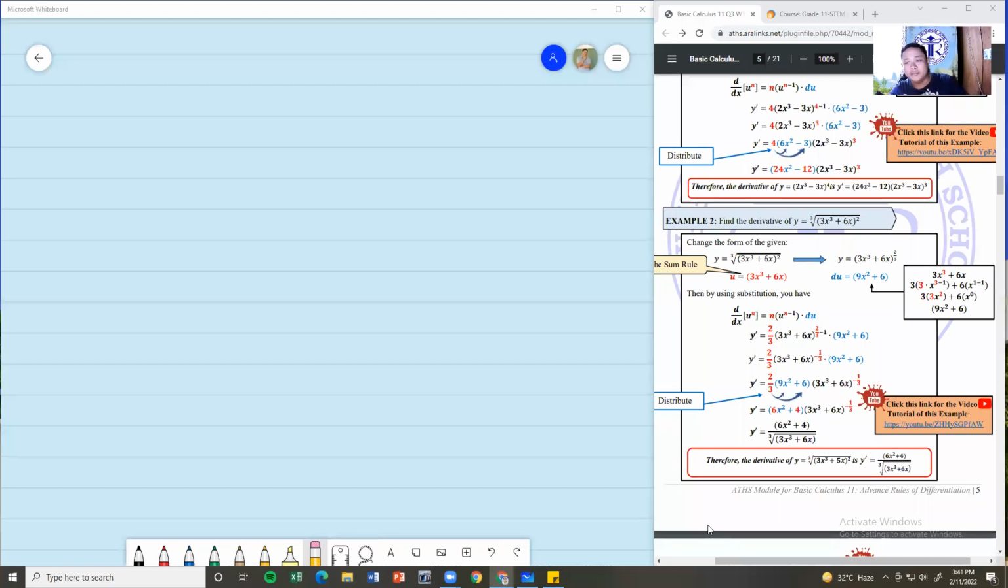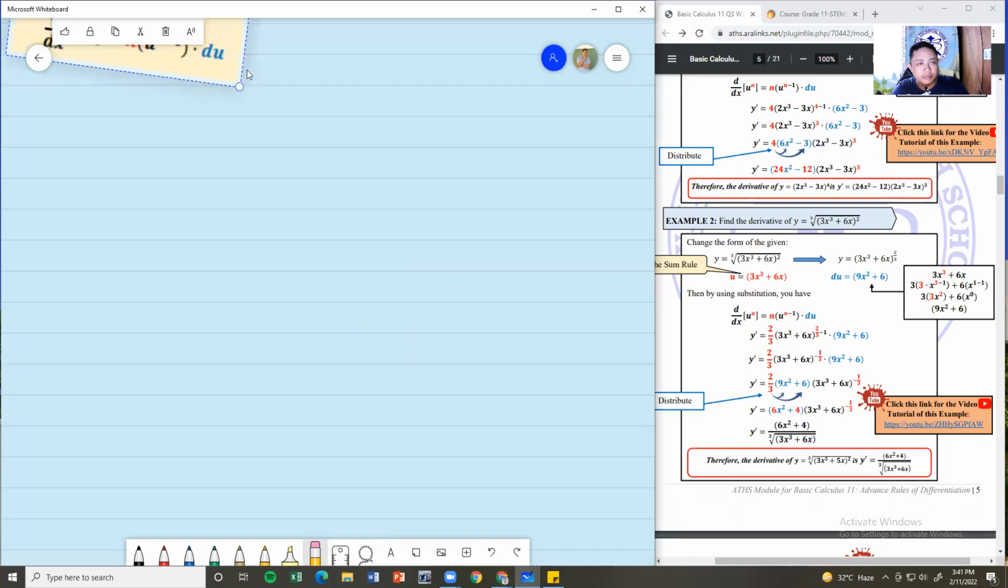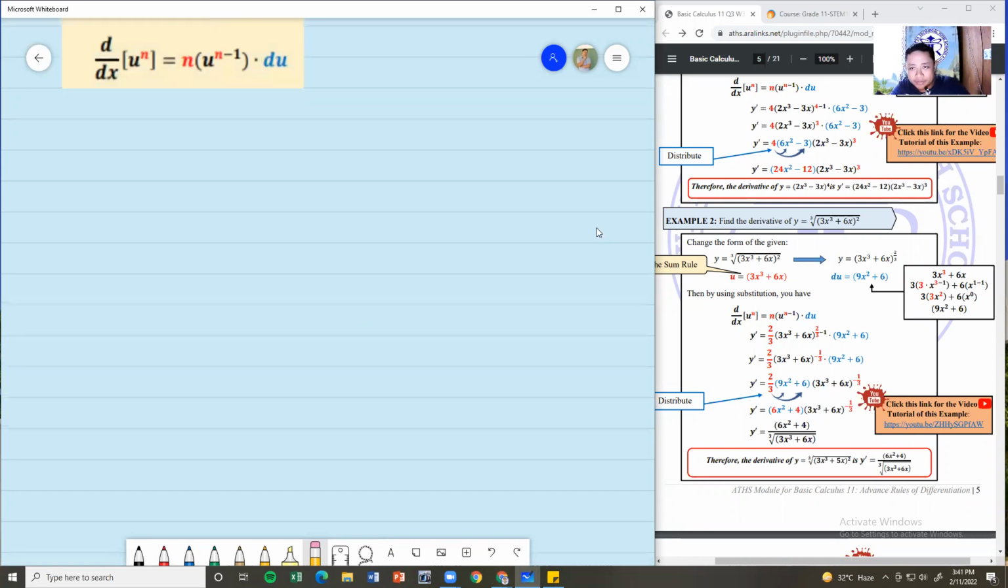Okay, subukan natin. Go. So, we have here again our general power rule. Game. So, basta yung mga dumarating, pasok lang. Let's continue. So we have here, let's use g of x will be equal to